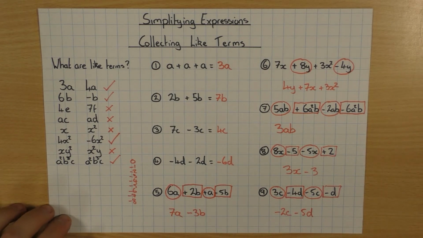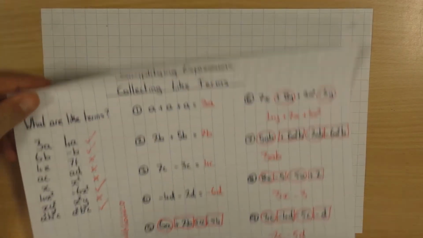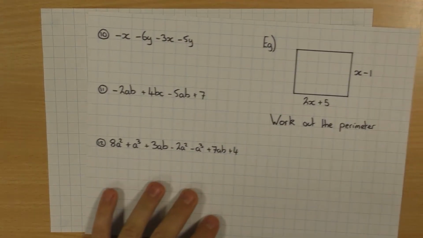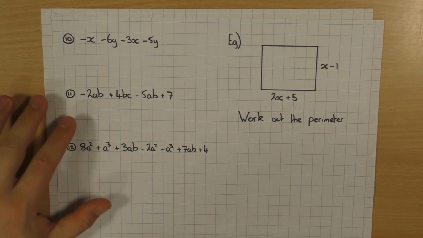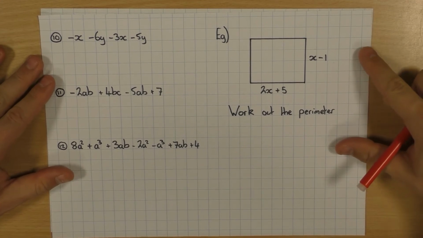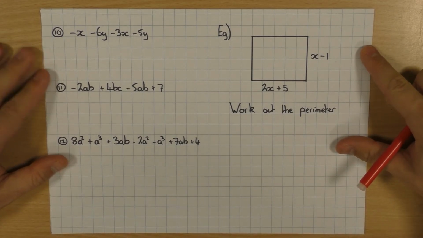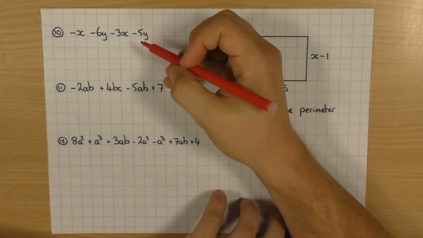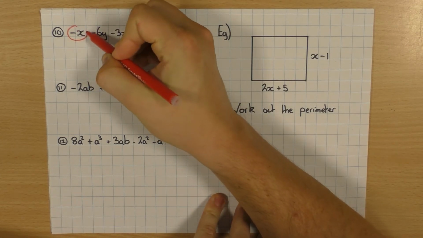Okay, got just a few more examples for you to have a look at. So I'm just going to swap these over, and we're going to have a look at these ones, which are just a little bit more tricky with negatives. Okay, so again, I'm looking for like terms. I have my x's,